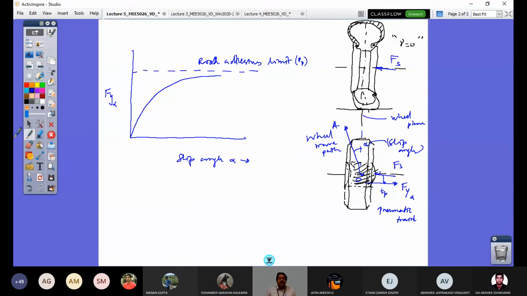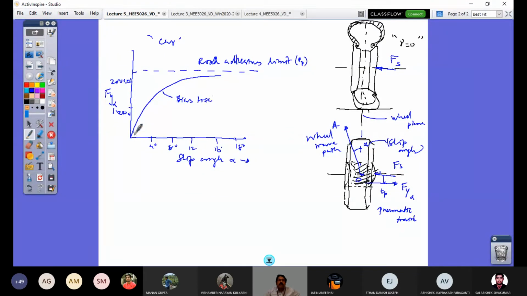And you see some typical values, if I take 1000 Newton and say 2000 Newton and so on for a chosen passenger car tire, then the slip angle maximum achievable may be at 8, 12, 16 degrees and so on, just as an example. Whatever I have drawn here is for a bias tire.